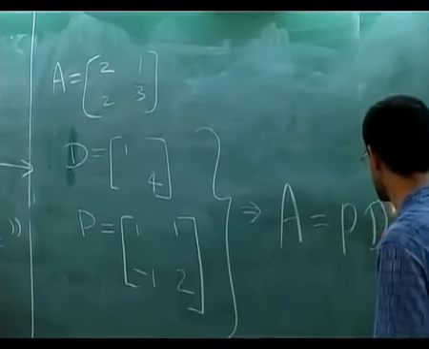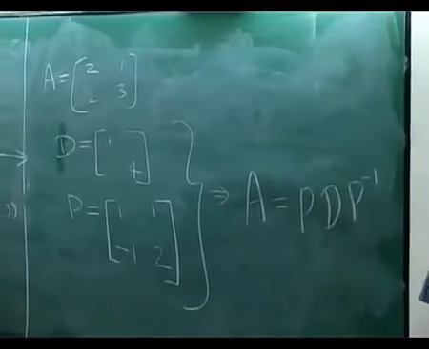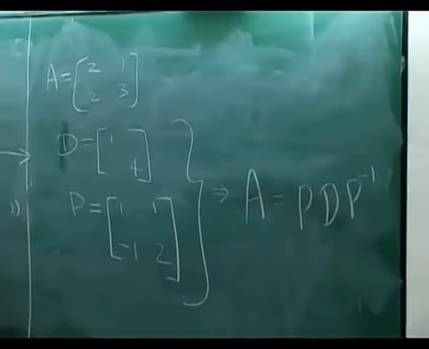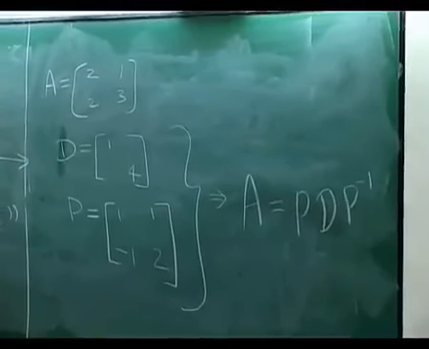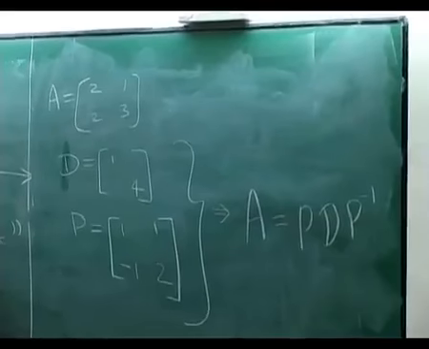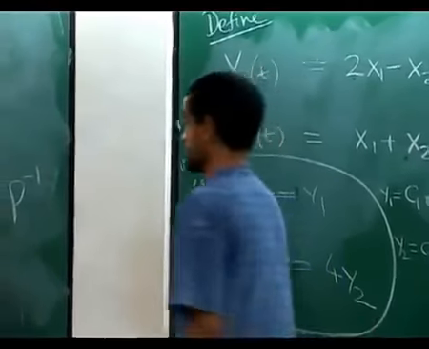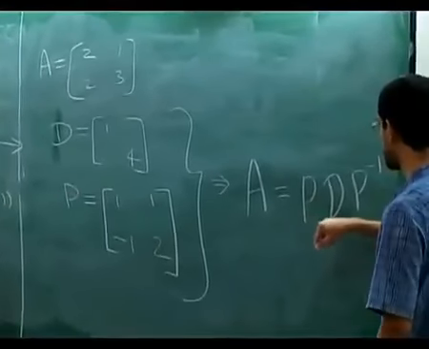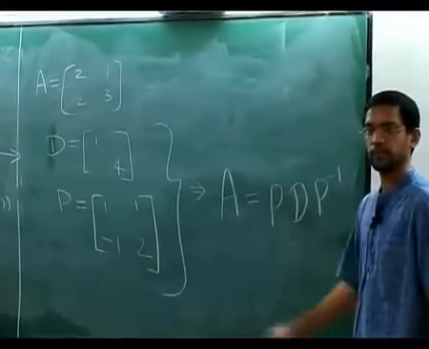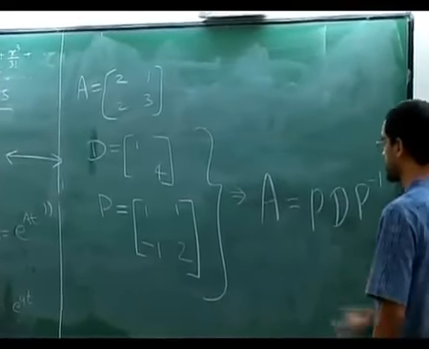PDP inverse, right. So this again I am sure is a familiar statement. This is called the diagonalizability theorem. If you find eigenvalues and eigenvectors, what does it help you do? It helps you decompose the original matrix A in a certain more convenient form. What it does is it has decomposed the matrix A as some P times a diagonal matrix times the inverse of P. Okay, so this is by the diagonalizability theorem. Okay, fine. So I have this.